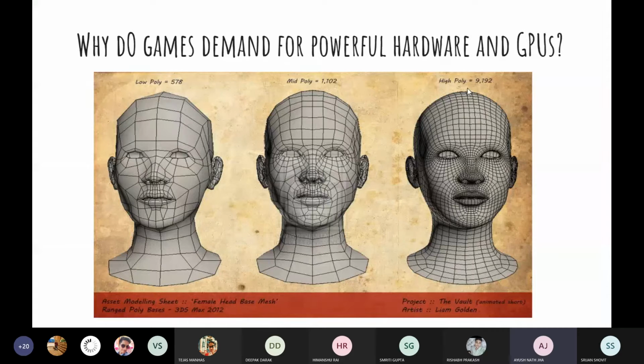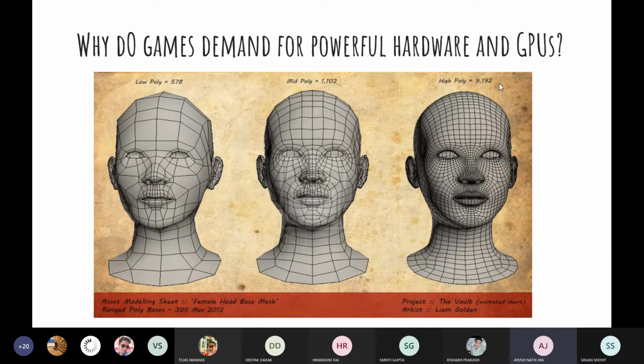Now comes high poly. If you see high poly, it is more dense and it has a whopping 9,192 polygons, which means 9,192 into two triangles. So you can calculate that it's actually around 18,000 triangles just to create a face so detailed. And each triangle has 3 vertices.